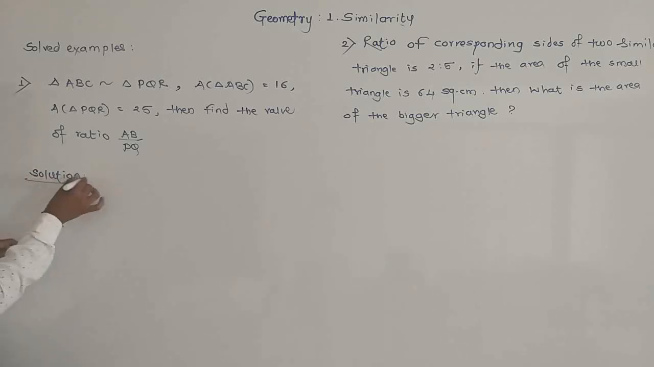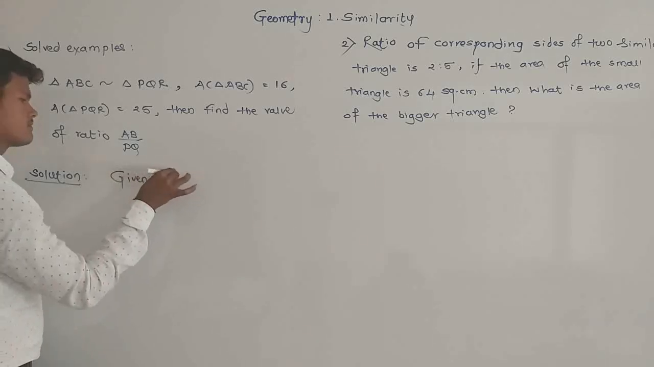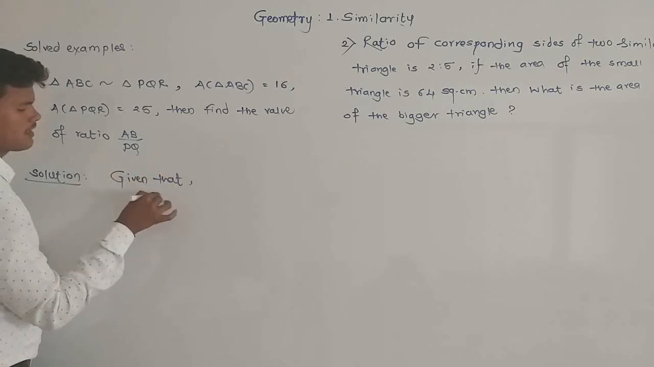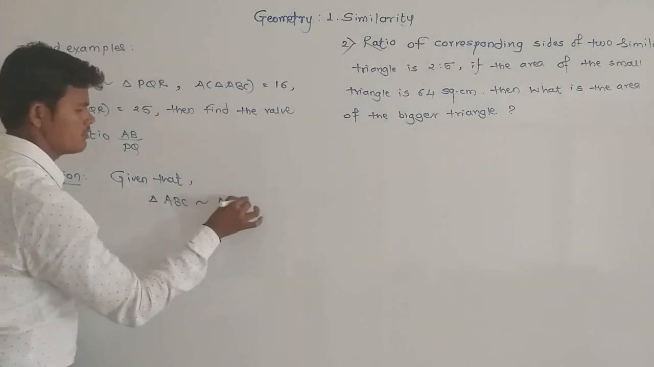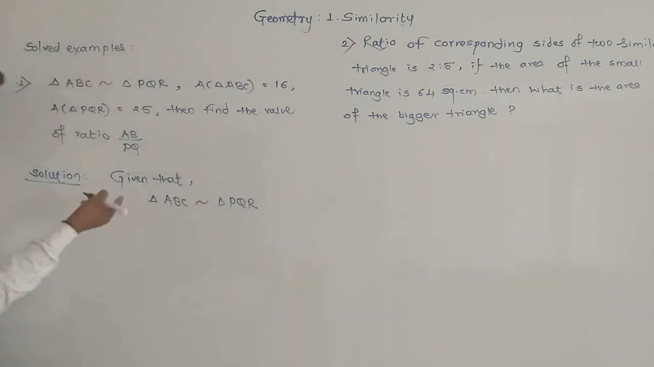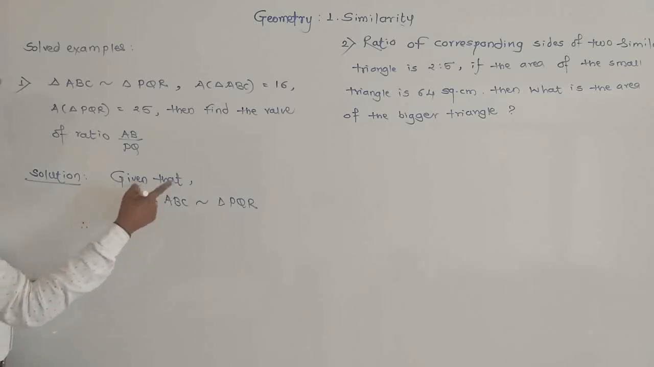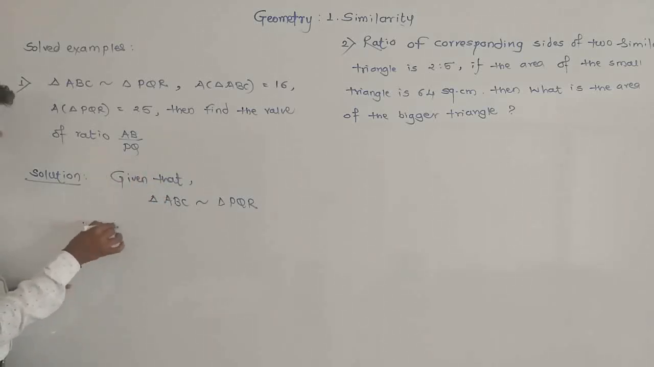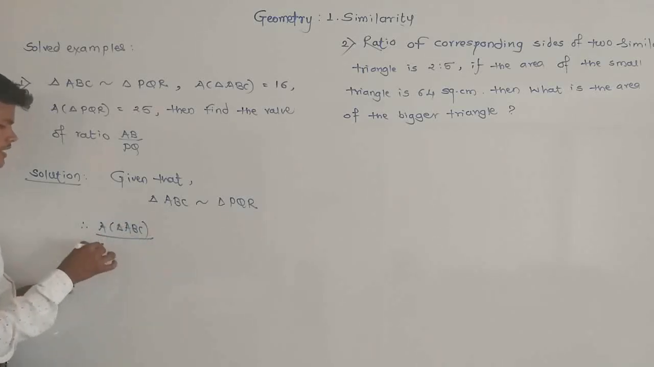Solution. Given that triangle ABC is similar to triangle PQR. This is the given condition, that's why here we are applying the theorem of areas of similar triangles. So by using the theorem of areas of similar triangles, take the ratio of areas of the triangles. So we get area of triangle ABC to area of triangle PQR